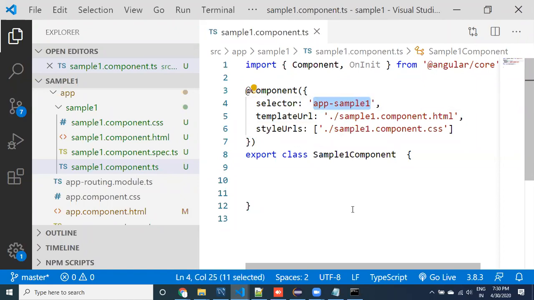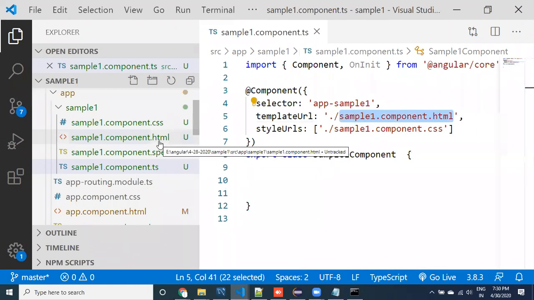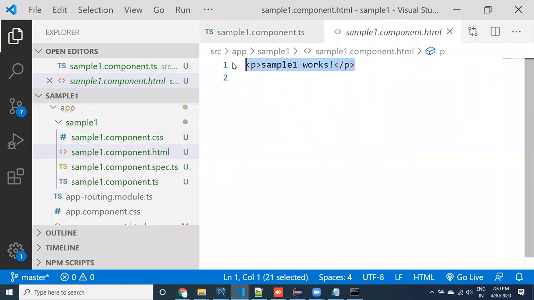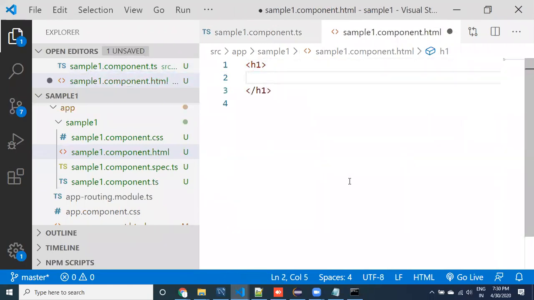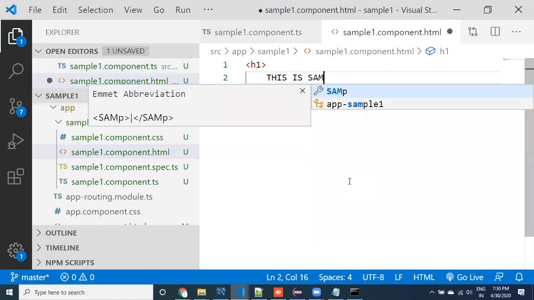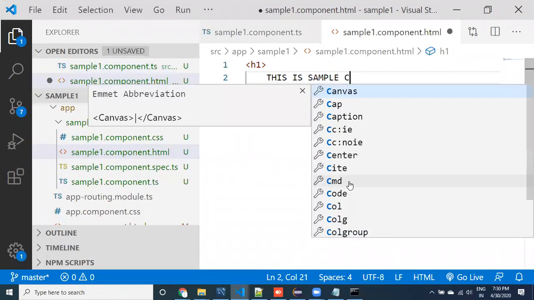Before going to that, this component contains no logic, of course, and it is associated with HTML. Go to that sample HTML. In this sample HTML, I want to provide something like "this is sample component, sample comp".